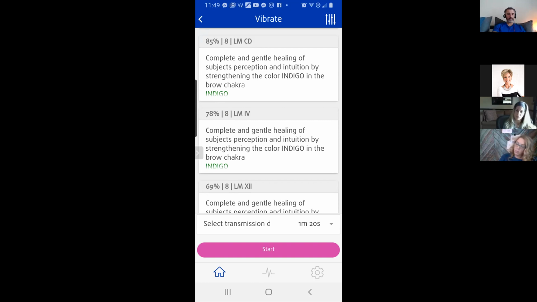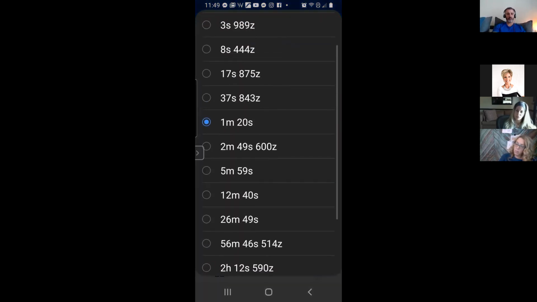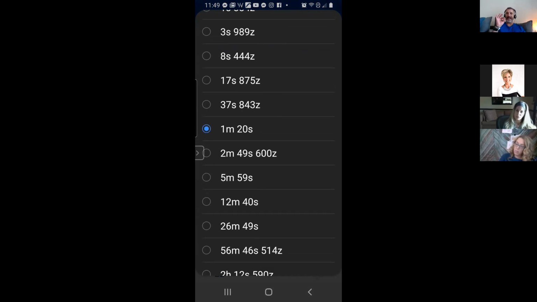And one thing it does is it allows me to choose how long the vibration goes for. Okay, now here's a little bit of a gray area. In general, with these programs, the shorter you run it is for an acute issue, like my boss was super nasty to me today and I don't understand because usually they're so nice and I'm freaked out about it. That's a very acute issue.